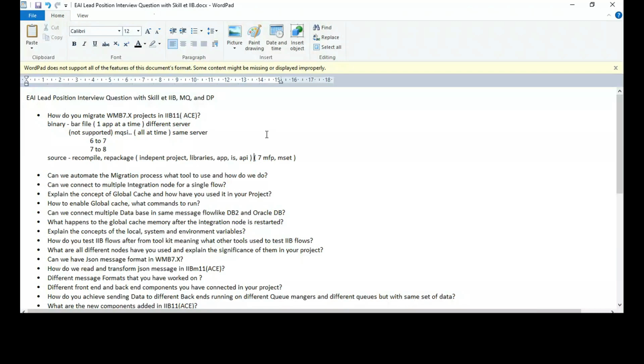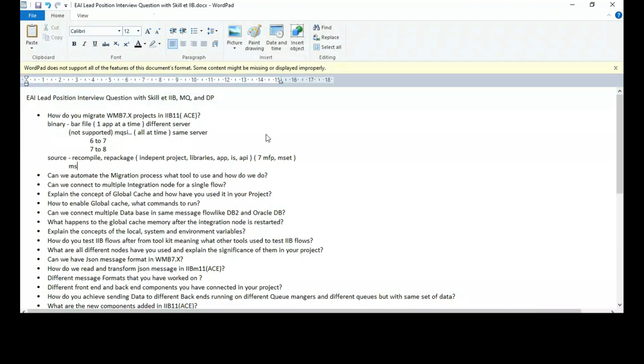It will give you some content assist. It will try to help you in converting an independent project and changing the project file, class path file, and other project related files, the settings of that 7 project into 10 or 11. It will help you in configuring the metadata, but it will not help you in converting a message flow into a subflow.